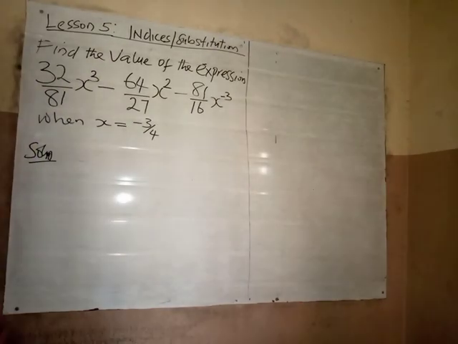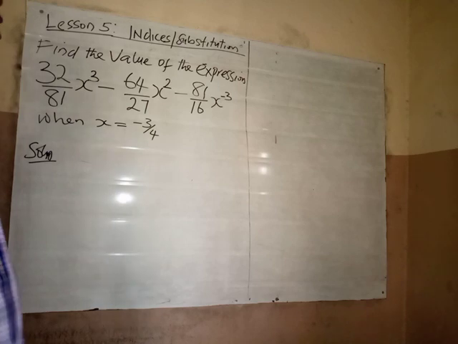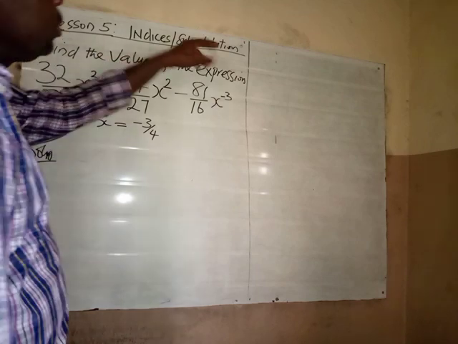We are still on indices, lesson 5. We have done lesson 1, 2, 3, 4. This is lesson 5. If you have not watched from lesson 1 to 4, do well and watch it so that you can follow up. What we have is a bit different today, where I title it indices slash